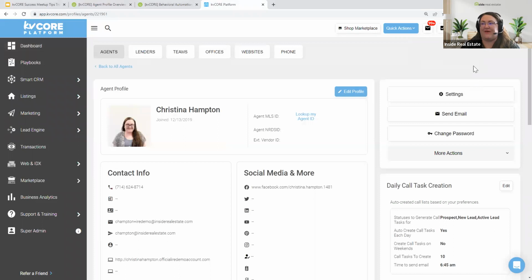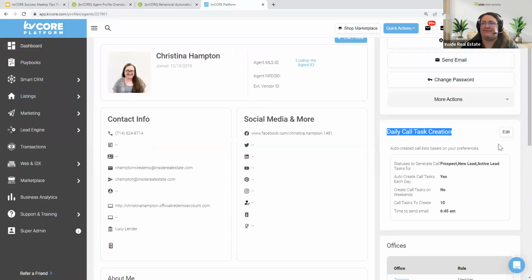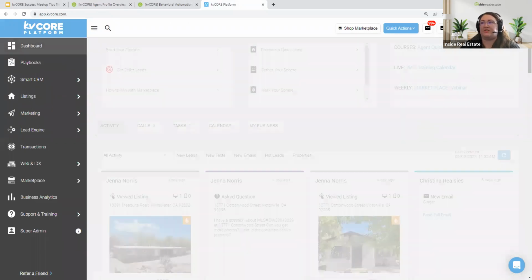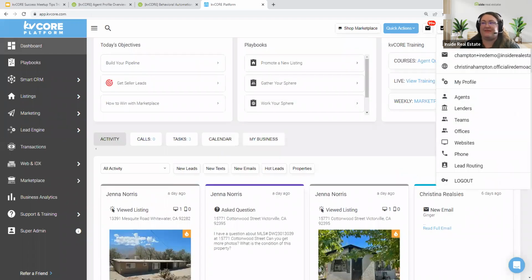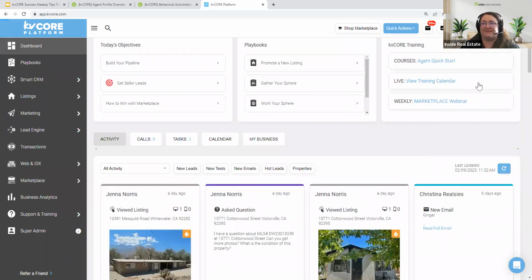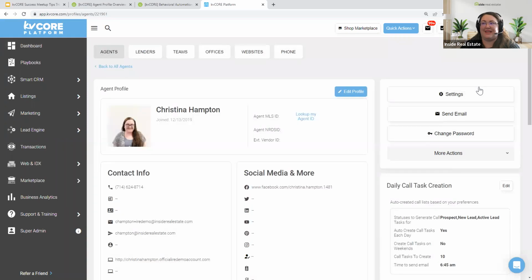Now that I'm in my profile, I've got my daily call task creation front and center, and I can click edit. So that's one way to get here: top right corner, click on your name, go down to your profile, move your mouse down a little bit to daily call task creation, and click edit.